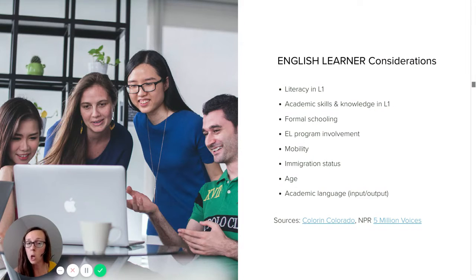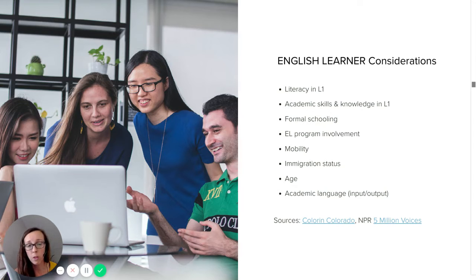That's helpful to know as we're thinking about maybe if a student is really struggling to catch on to something. Formal schooling can also be an indicator of how well students will catch on to something or how much support they might need. Some students come to us and have really interrupted formal schooling experiences, especially thinking about refugee students who may have lived in refugee camps or have moved around quite a bit. So there might be gaps that students need help and support to overcome in order to really be able to access the information and concepts in a variety of different classes.